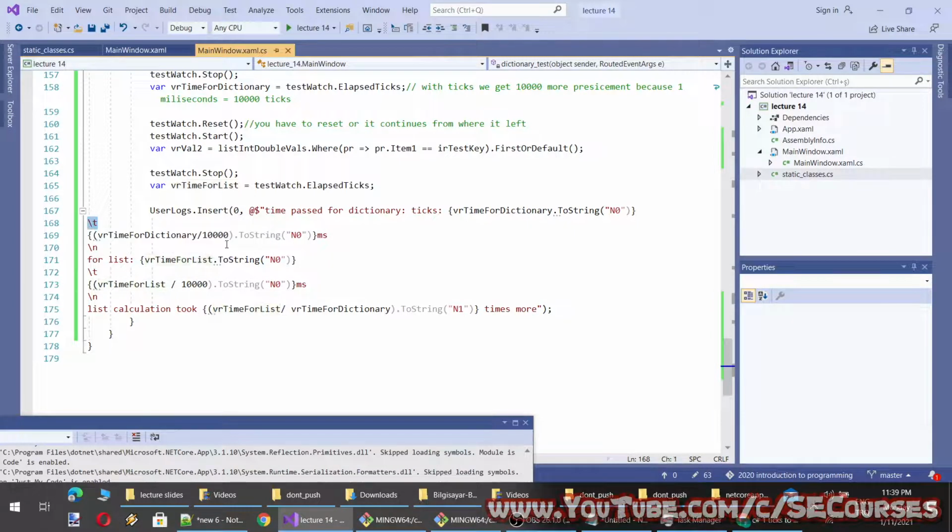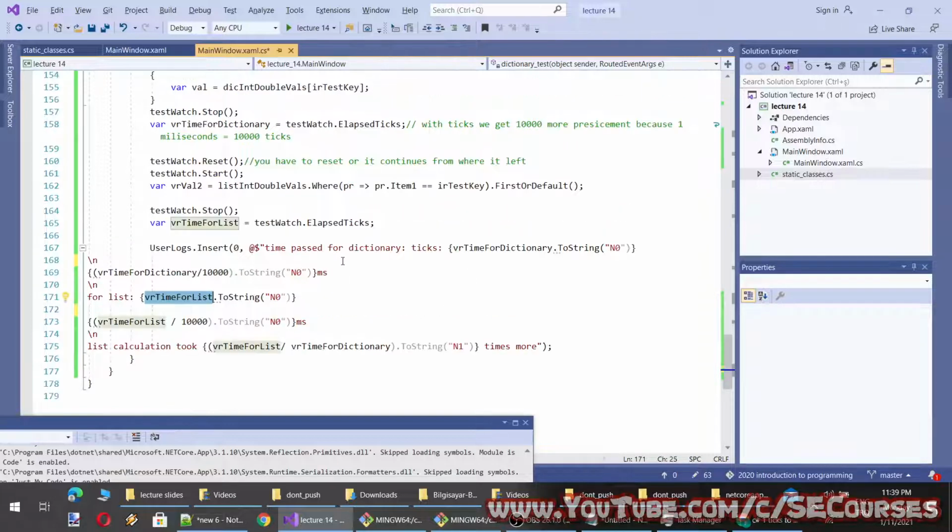Let's see our code. The top is not working. Let's remove them. Time for dictionary ticks, milliseconds. And time for list, and then milliseconds.